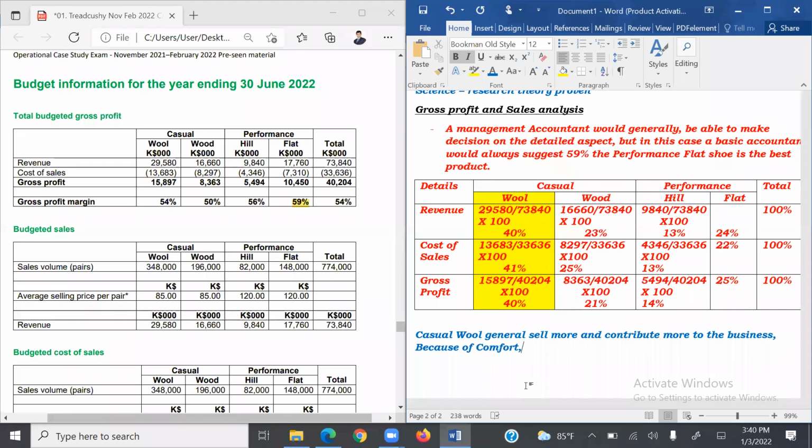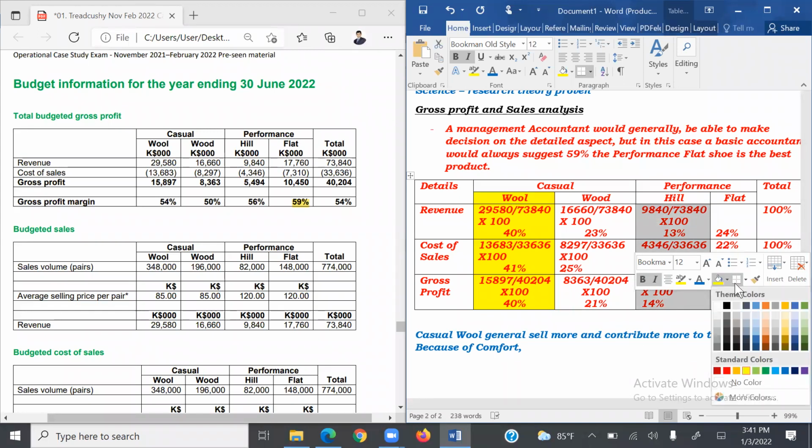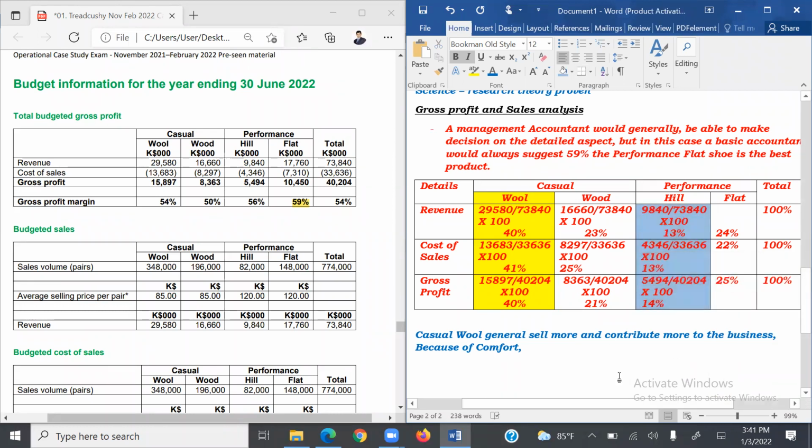And students, if you observe the next thing, the heel shoes, I feel that is the shoe which has the lowest range, if I'm not mistaken. So I can generally say this is a niche segment. This is a niche segment, but the rest of the two products are okay, the casual wool and the flat, but the heel is a niche segment. I'll write down the term here, students. Niche means, students, it is very much focused and target oriented,